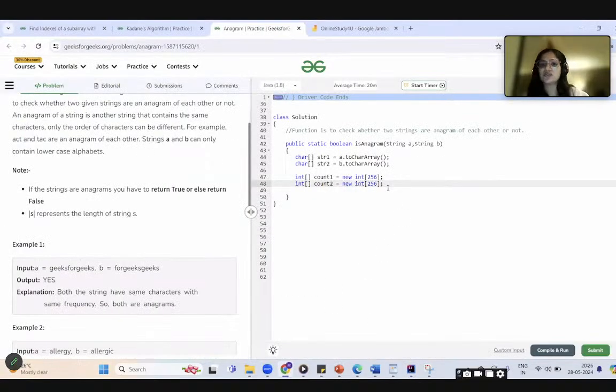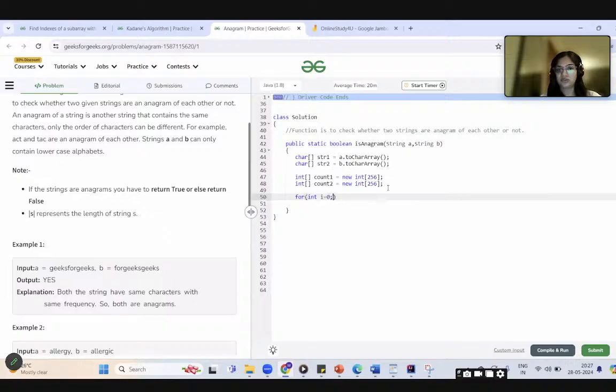Coming back to the question, we have initialized two count arrays to count the characters in each string, right? So next we have to increment the count array. So we are using a for loop and initializing a variable i equal to 0. Then what condition do I have to put?